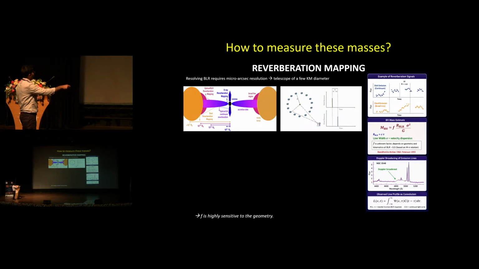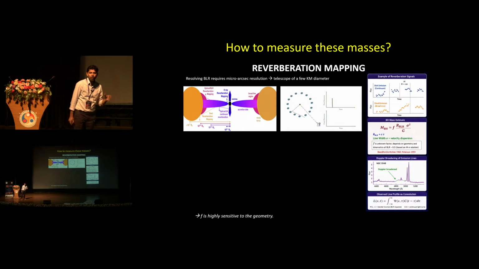So then you can get the delay between these two light curves, and you can measure the distance of this line emitting region. Then you can use the simple virial relation, so you know that the distance r is there, and then you can measure the width of the emission lines from this profile, and then you get a mass. Okay, voila. But then there is an f factor sitting here, the scale factor, which is currently